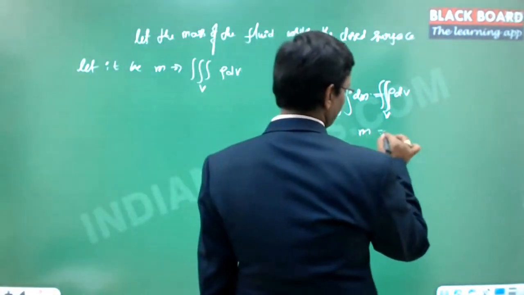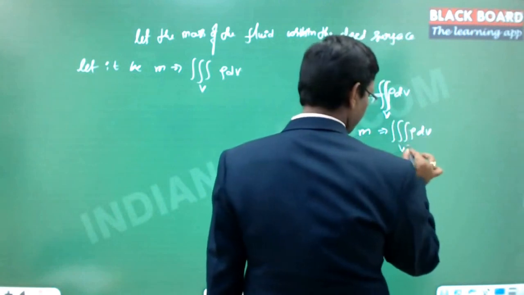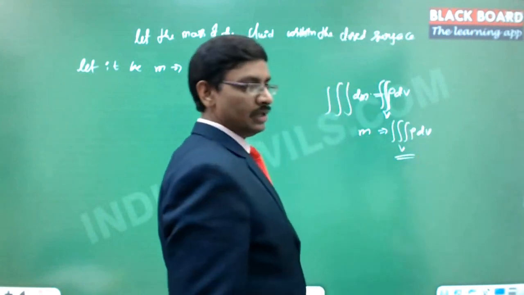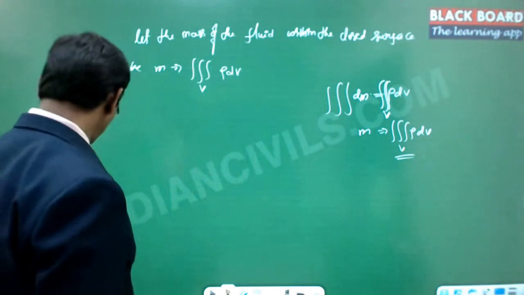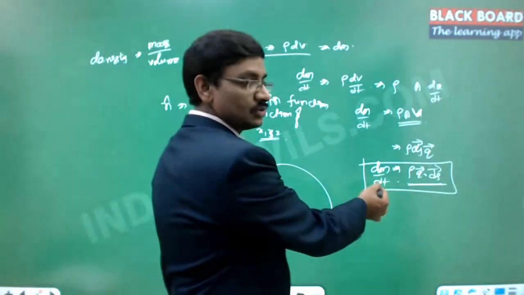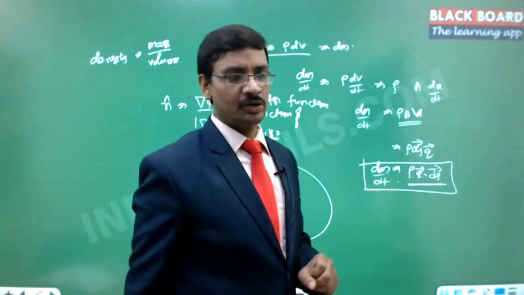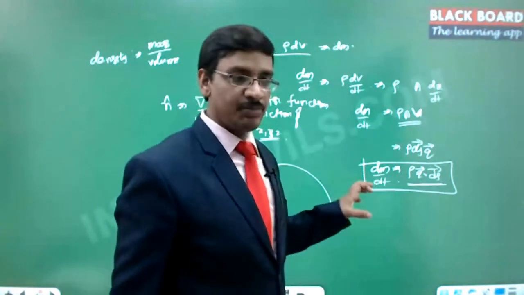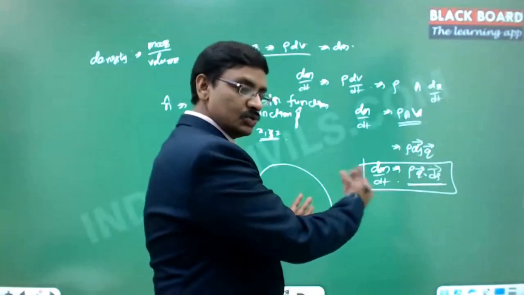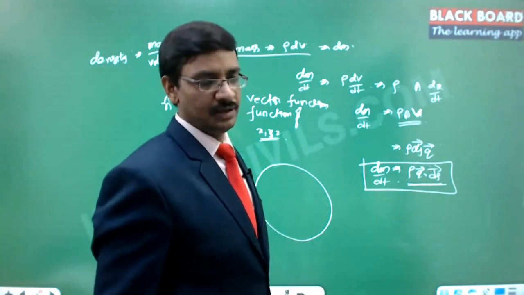So this is going to be m is equal to the triple integral of rho dv over the complete volume. So this is m. But actually, if you notice, we have derived this equation as dm by dt, so this is the rate of flow that we have considered. Rate of means with respect to time. So with respect to time, the amount of fluid that is going out is exactly equal to the amount of fluid that is getting reduced here, right?